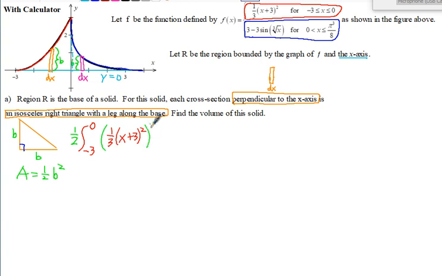Now the reason why we're using the area formula is because what turns it into volume is when you multiply by the thickness dx. That's what makes it volume instead of just area. So we're adding up all those isosceles right triangles, those really small ones right over here, and they get larger and larger as you head this way until the largest one is right there at 0. So that'll give us the volume up until x equals 0. But the region keeps going all the way here. So we'll have plus,